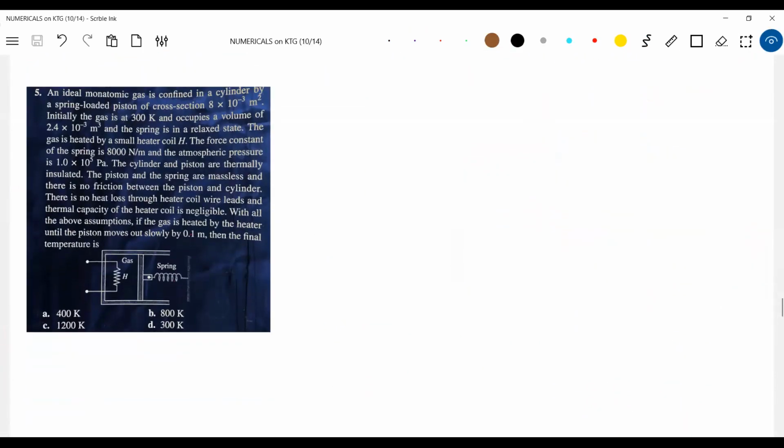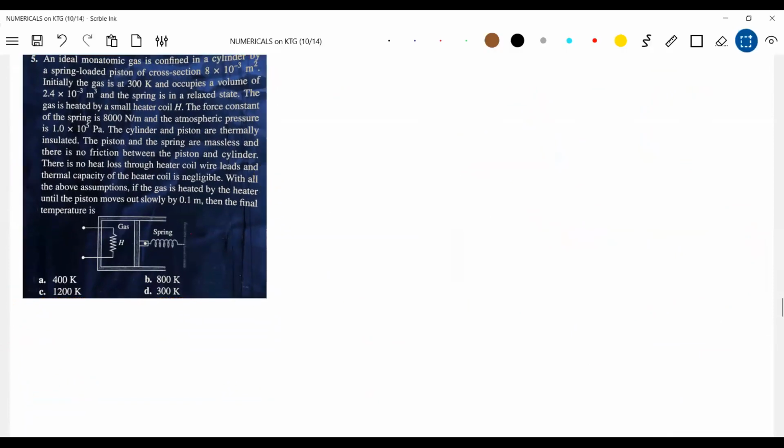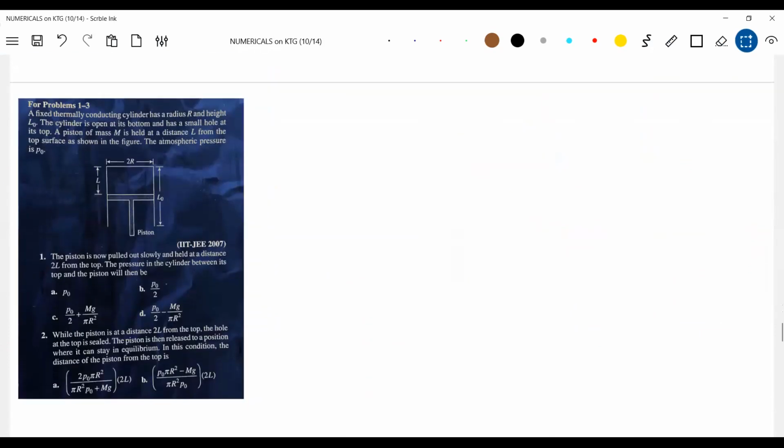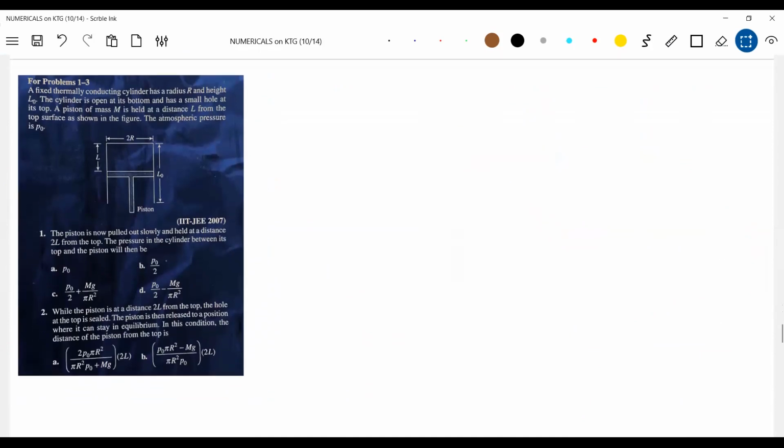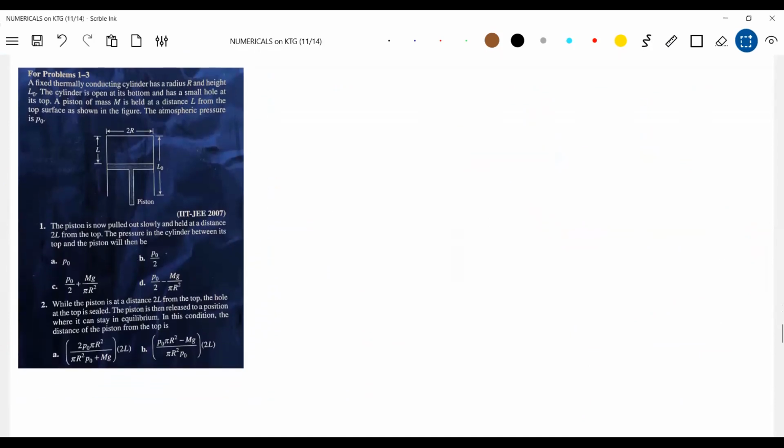That's the same thing. The piston spring one, what we discussed, the same idea you have to apply. Here I gave it as a numerical. Please do work out this one. Very important. It came in the mains exam. We can discuss it symbolically, or you can substitute values directly. Read the question, no?